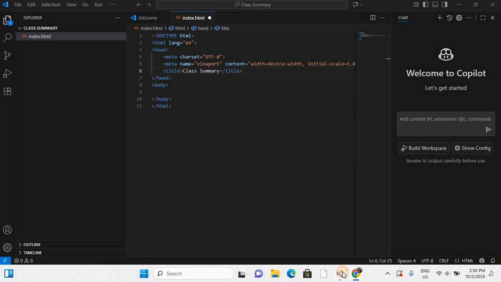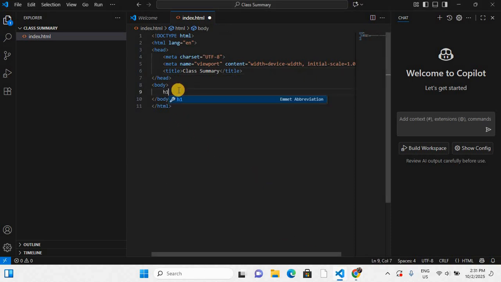So I'm going to come to my body and type H1. One thing about Visual Studio Code is that when you type it and press Enter, you can see it gives you the open and the close tag. I've forgotten what they called it, so if you know it, please drop it in the comment section. I'm going to call this place after class. Once I do this, if I feel like I want to center it, I can come here